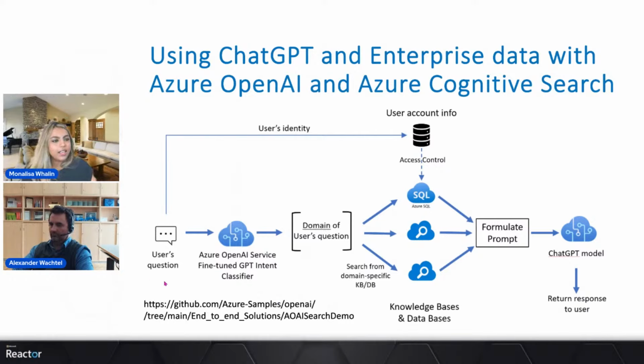But essentially, what happens is we have a user's question, and then there's an intent classifier within the Azure OpenAI service, which detects the domain of the user's question. Then, along with the user identity and the querying on the knowledge base, it formulates a specific prompt that is knowledge grounded, a data grounded prompt, which goes into the ChatGPT models and returns a response to the user. So Alex will cover it later, but this is essentially a RAG pattern. It's a retrieval augmented generation pattern where you add knowledge on top of the ChatGPT model